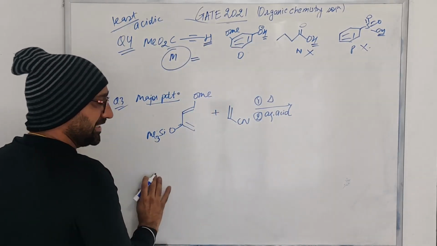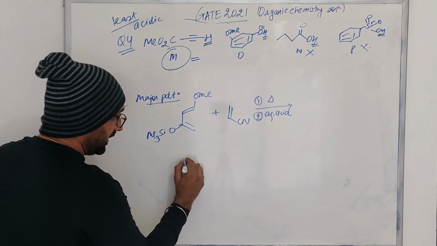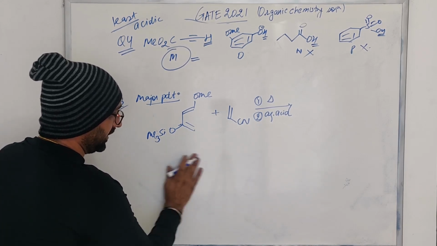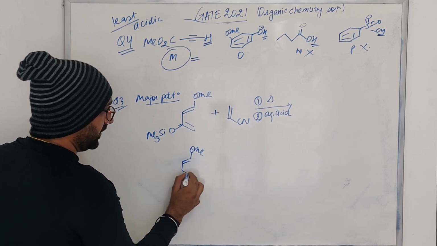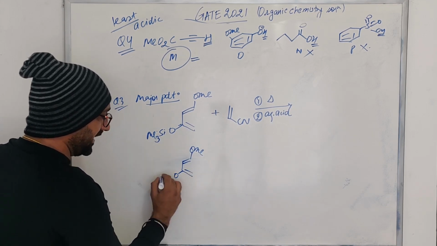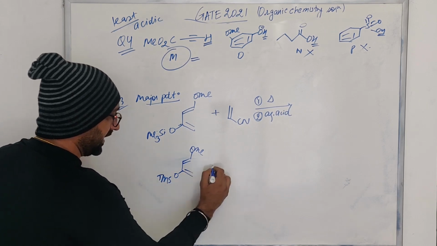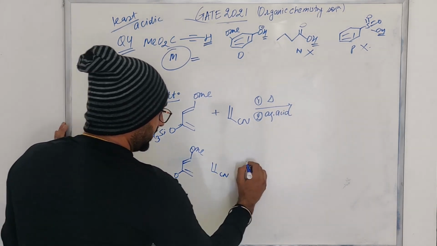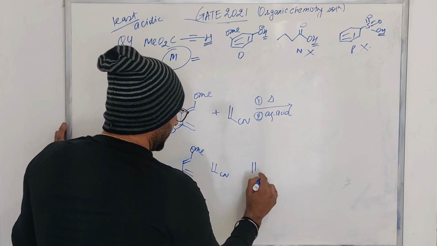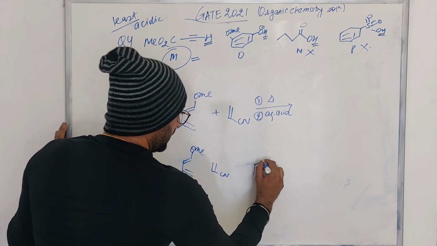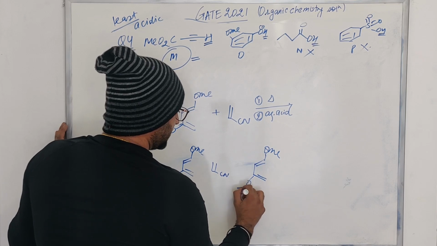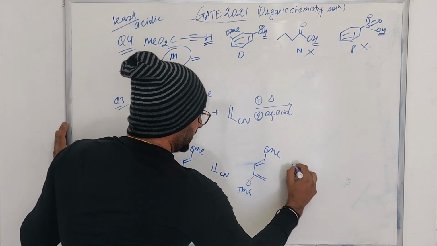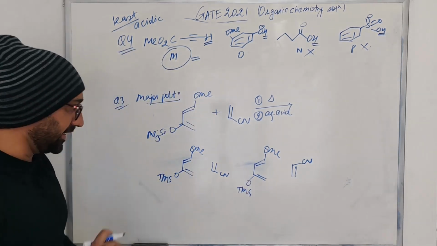Now there are two ways the Diels-Alder can take place. ठीक है, एक तो orientation आपका हो सकता है ये वाला, जो कि normally it can react. We will look at both of them. इसको मैं TMS लिख रहा हूं, this is nothing but trimethylsilyl. So we can have this orientation and we can have this orientation, OMe or TMS, and we can have this orientation. ठीक है, दोनों के दोनों orientation हो सकता है.